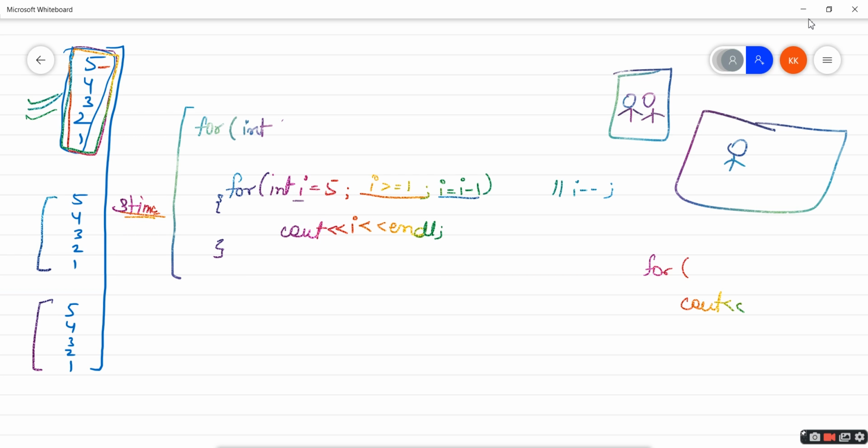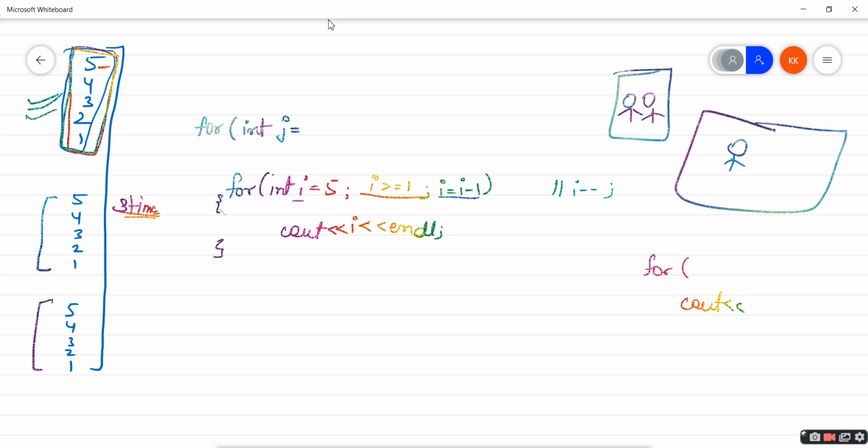But because this is a home for this for loop and this for loop, it can be considered as a home for both of them. So we cannot use the same variable name inside a home, right? So make sure to give a different name to the variable. Here we have used i. Now here I can use anything like j, k. So let's just use j.